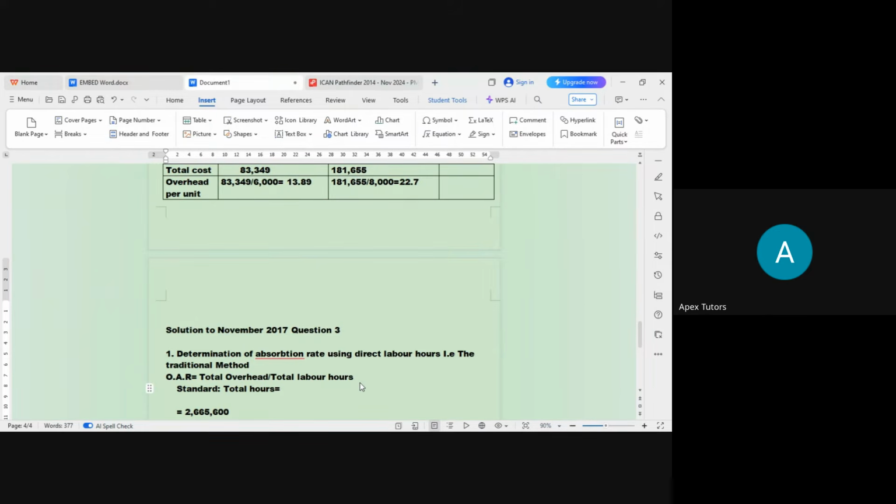To produce 1 unit, we need 4 hours. Multiply by what? Total units for standard is what? 24,000. So the total hours will be what? 4 times 4, 16. 4 times 2, 8. 96,000. Then for the loss,